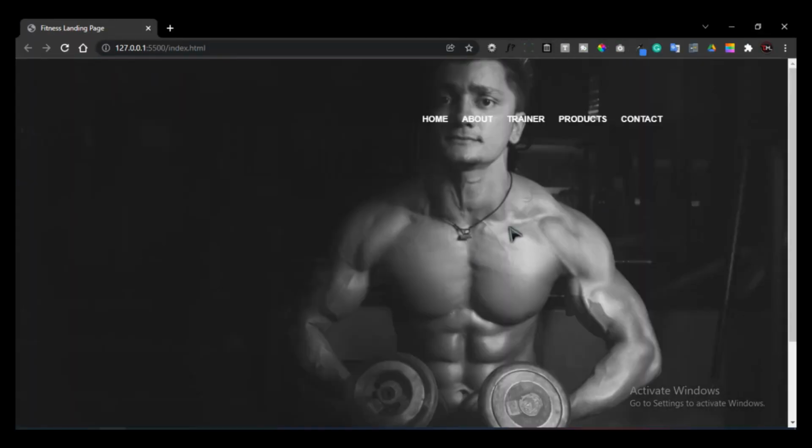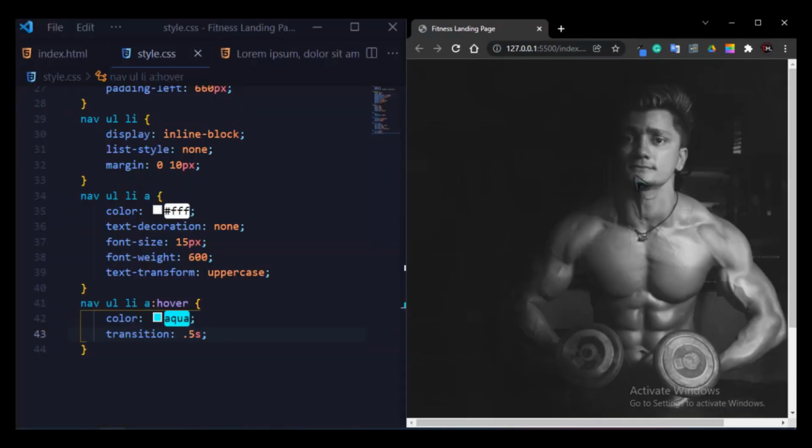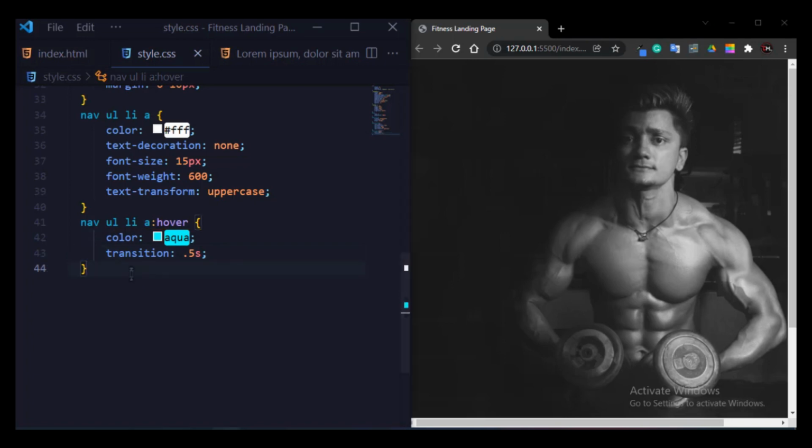So when I hover on the navigation bar, as you guys can see on the output screen, it looks very attractive.